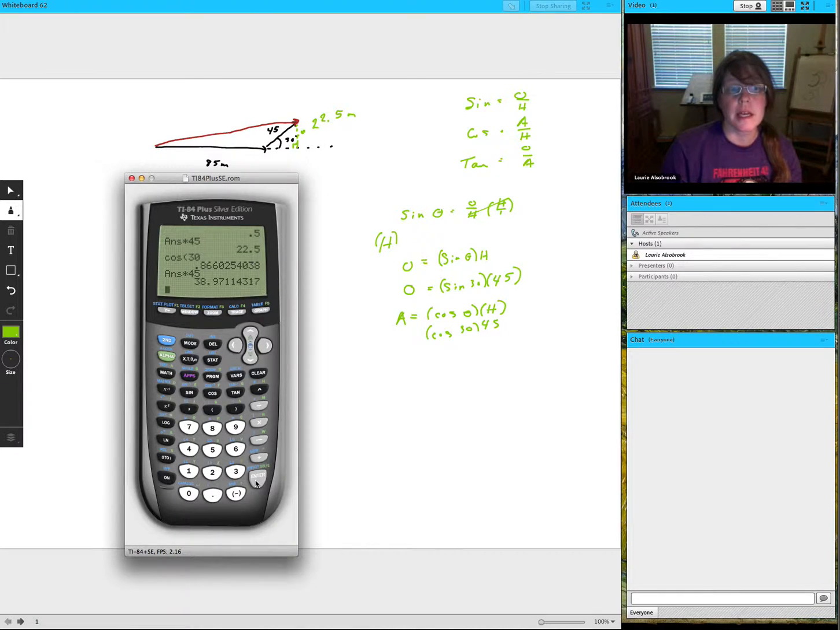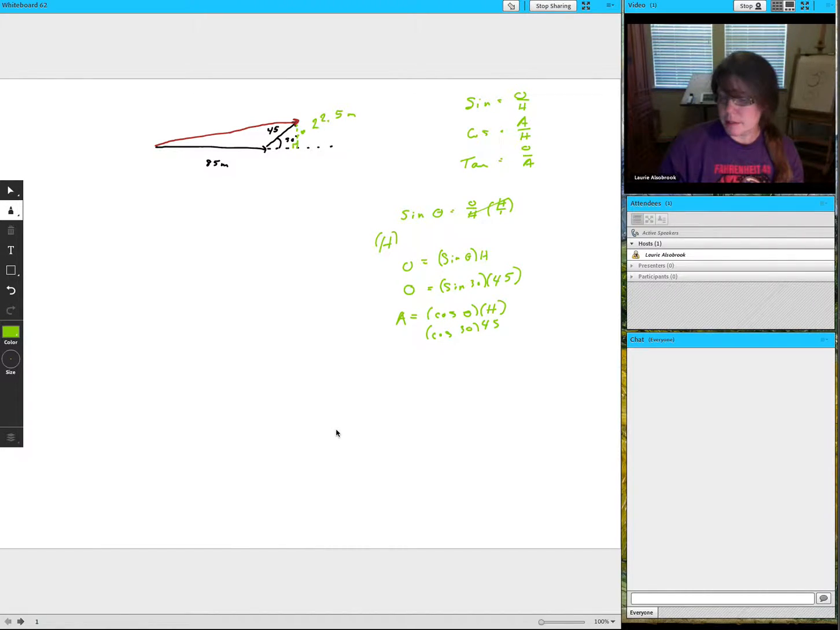38.971143. Oh my goodness. Let's just go ahead and stick with 2 decimal places for now. We're going to round this off to significant figures when we're done. We want to leave a few extras just so we don't have as much rounding error. So 38.97, let's go ahead and use that as the length of the lower side of this triangle that we've created. So 38.97